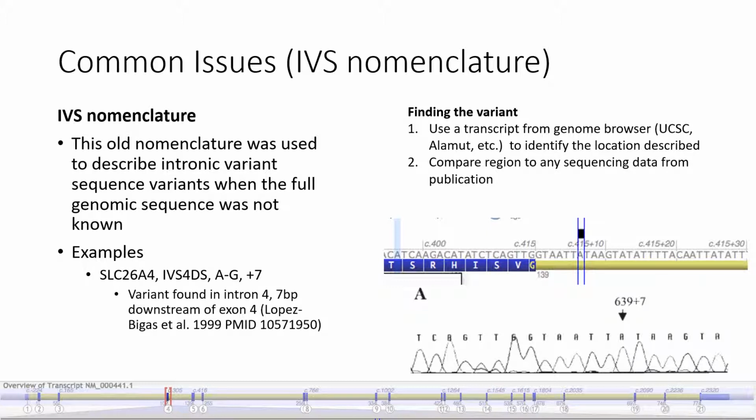So if we find a transcript using a genome browser via UCSC or Alamut, etc., and we identify the location that is described, we can then compare that region to any sequencing data from the publication. So if we look at the overview of the transcript in our genome browser, and we zoom in on the downstream end of exon 4, we can try to see if this corresponds to what's being described in this paper here in this figure A that I have screenshotted from this 1999 paper. So starting at what is described in the paper's representation as 639 + 7,